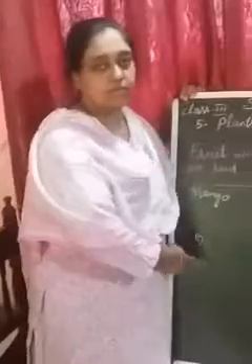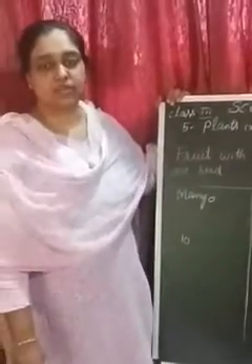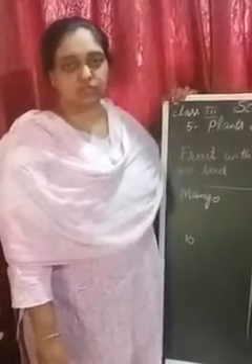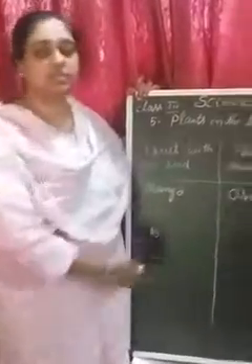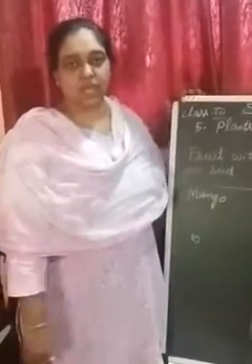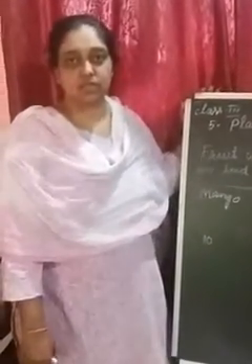10 fruit names. This is the end of our 5th lesson. I have covered everything. You watch the videos twice or thrice and you have to make this activity. In A4 sheets you have to do this activity and submit it to the school. Thank you.